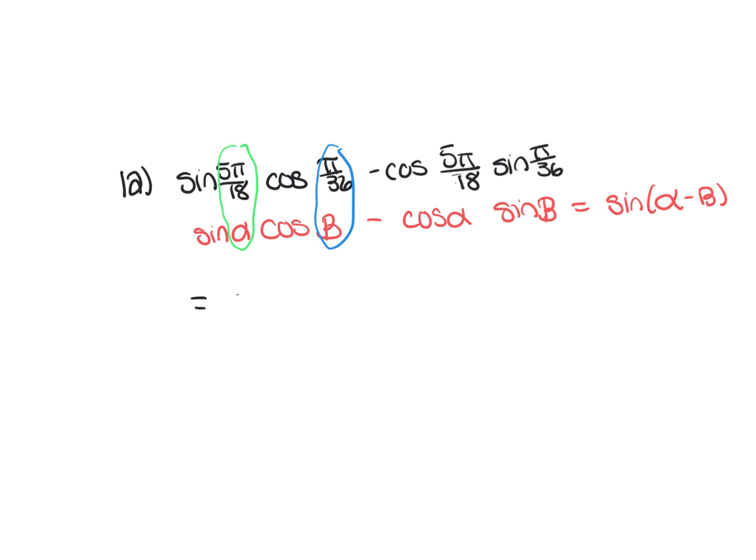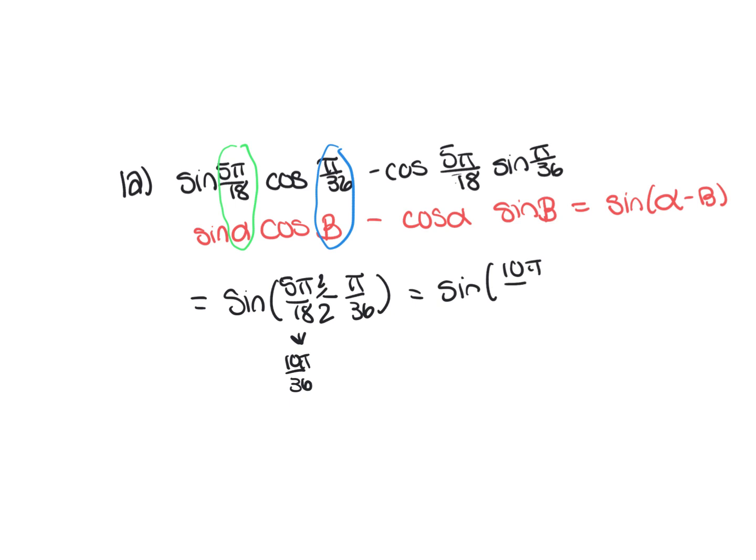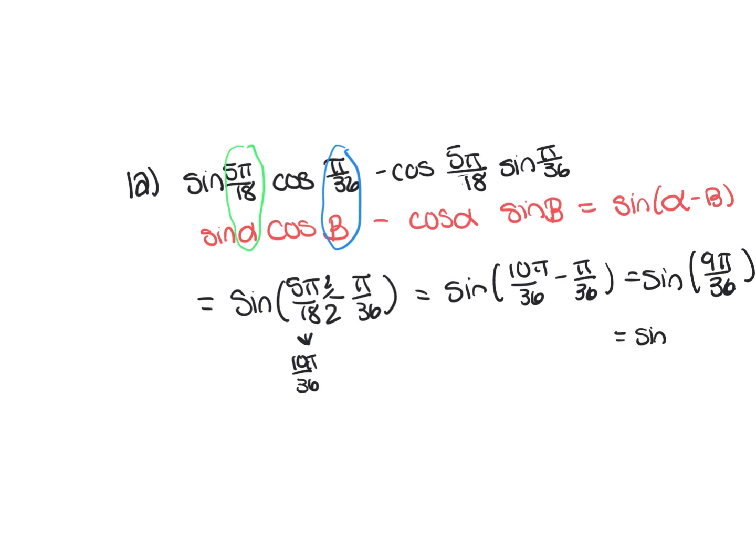So this equals sine of 5 pi over 18 minus pi over 36. Need to find common denominators. Multiply this one by 2 over 2, and this will make this 10 pi over 36. So what I really have is sine of 10 pi over 36 minus pi over 36, which makes me sine of 9 pi over 36. Well, that's the same thing as sine of